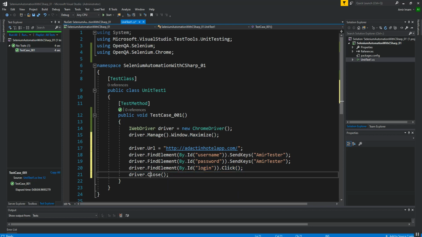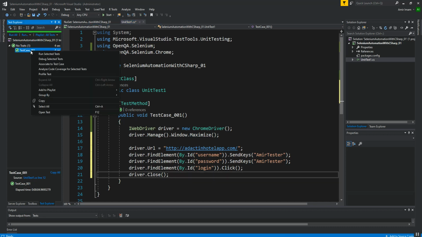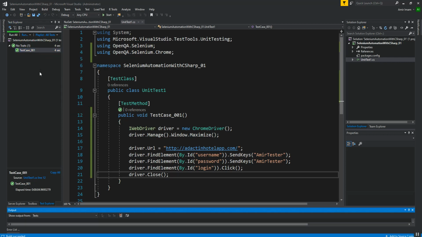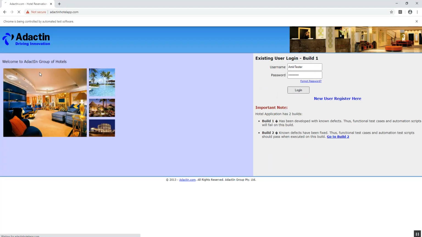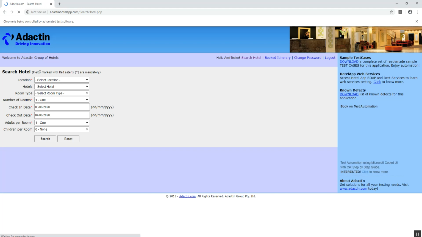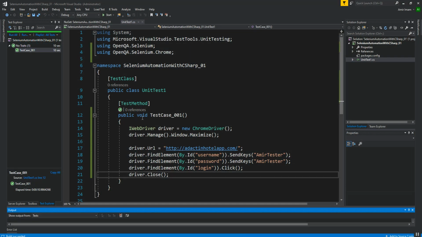After that it will close the driver. I'm going to run this test case, the basic login test case with Selenium using C#. So it is performed and the test case is passed successfully.